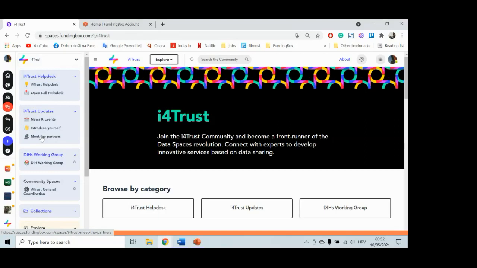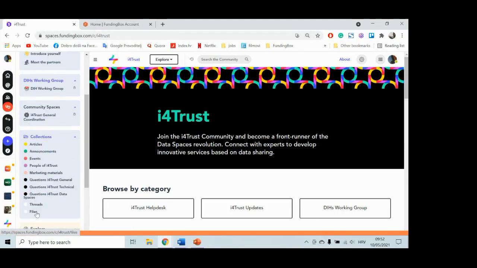But over time, we realized that any relevant piece of content could easily be swallowed by the feed of information and would not be found again except by endless scrolling, like in Twitter, for example. So for this reason, we came up with the collections. Here you can find the collections. Collections are no more, no less than folders in which any kind of content that was shared and published in the community is stored